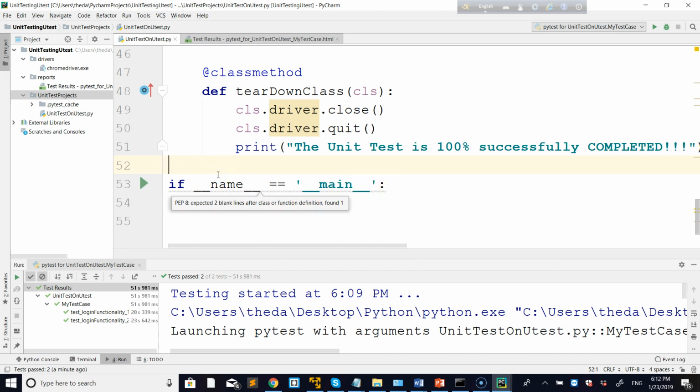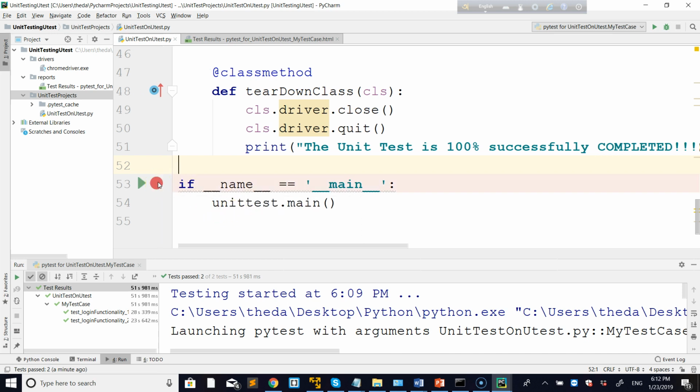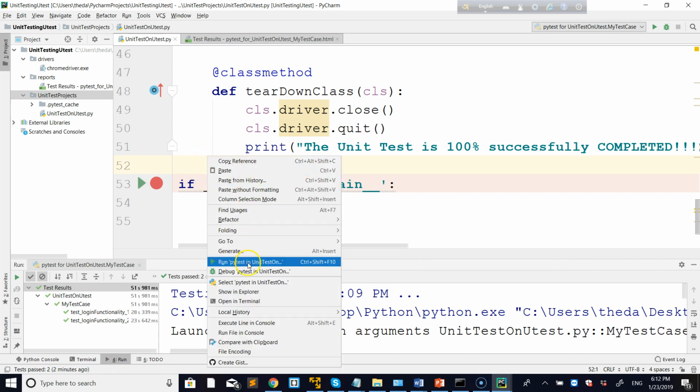This is inbuilt method, so we didn't write it. It was imported automatically from unit test. Now, how we can do it? Okay, if you run it now,